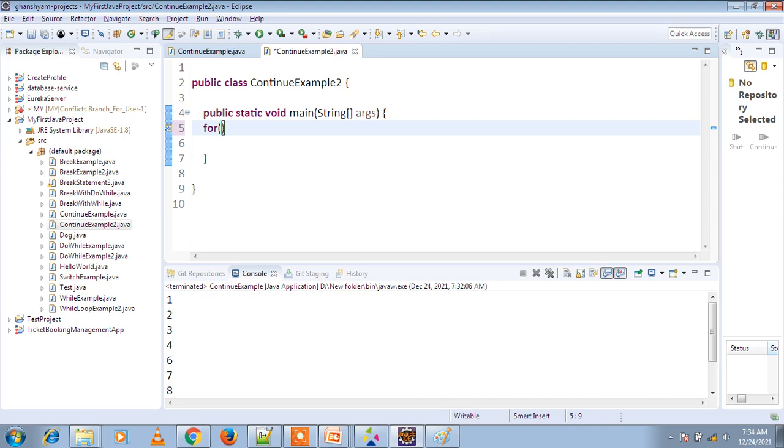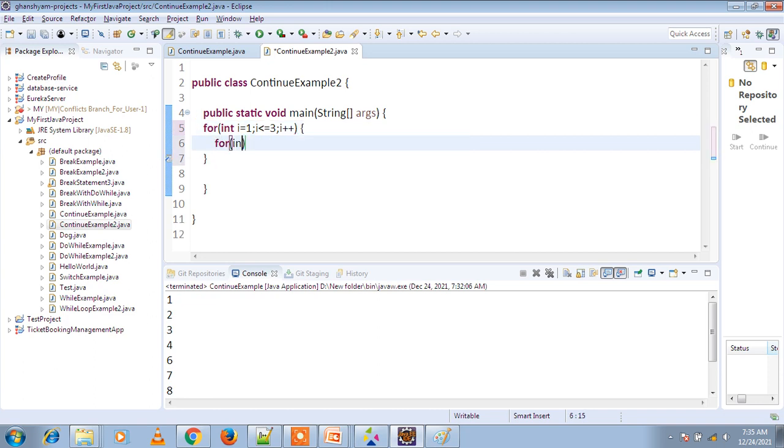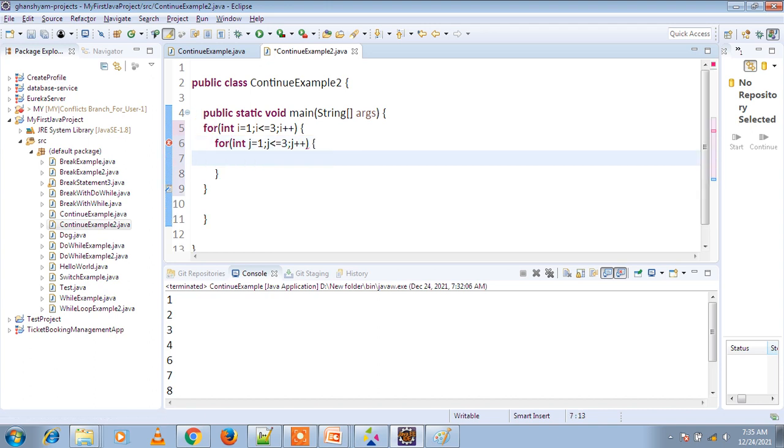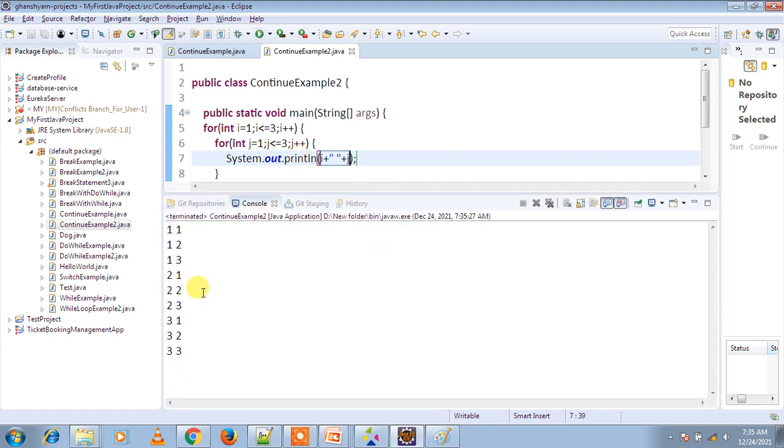Now we are creating a for loop: for int i equal to 1, i less than equal to 3, i plus plus. Now the inner loop: for int j equal to 1, j less than equal to 3, j plus plus. First I am showing you the value of i and the value of j. Now if you run your program, let's see, it will print the value of i and